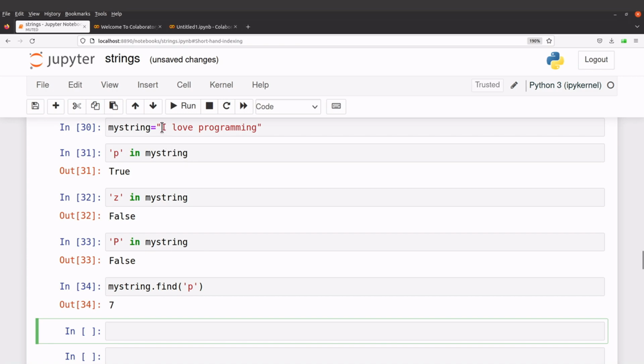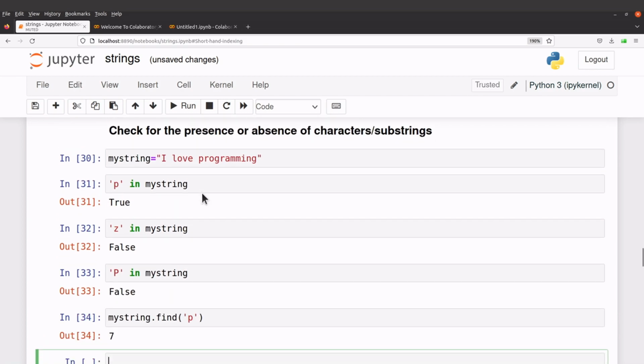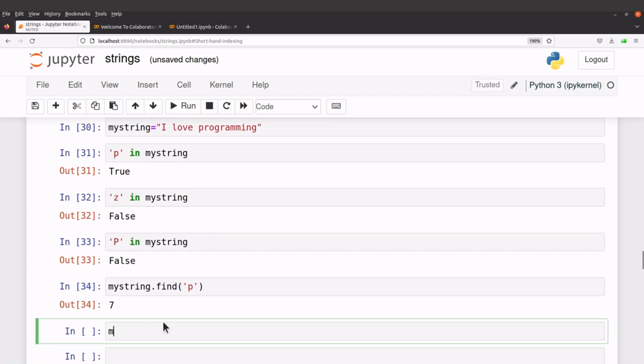So we have 1, 2, 3, 4, 5, 6, 7, 8. Okay, this is number 8, but indexing is 7. I'll talk about indexing later on, so don't worry. For now, just know that when you use the find function, it tells you the starting point in that particular sequence or string. Let's say love, my string.find